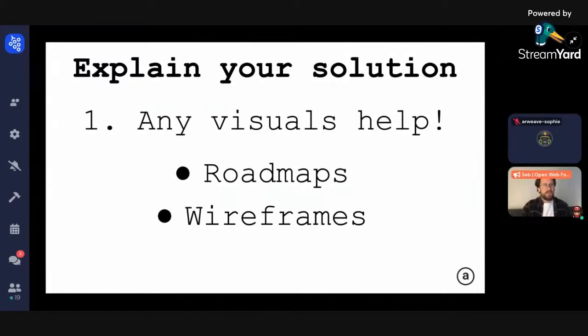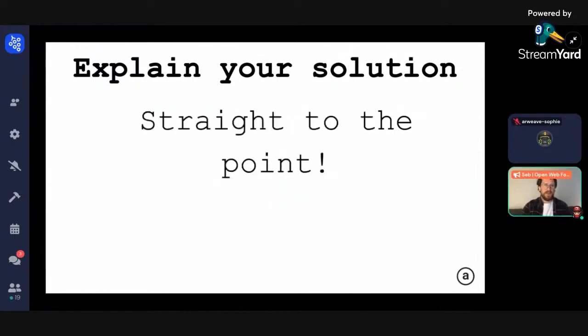All right, so the key aspects to remember here are to be straight to the point and focus on what really matters. Just focus all the time on what you want people to remember, because that's the only thing people are going to take away from it. So focus on the relevant things, not on all the possibilities that your solution offers.